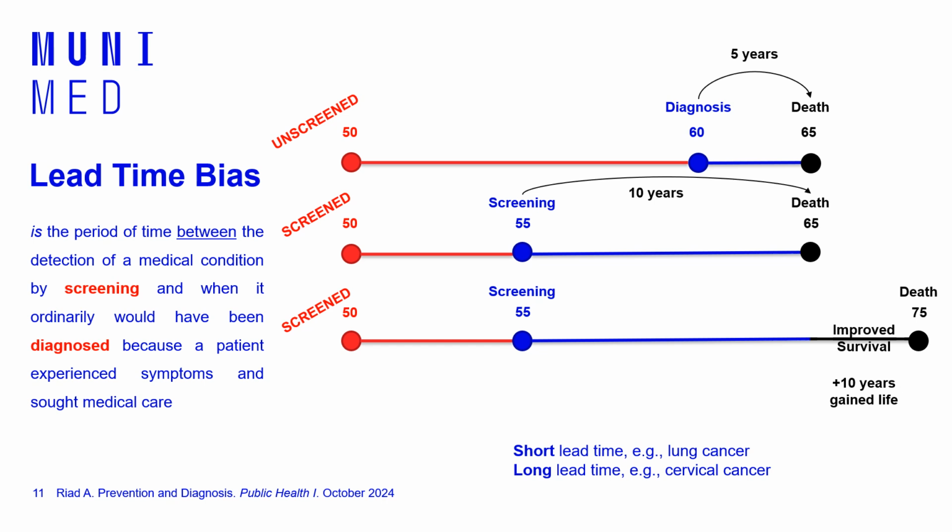And in real life, it's very hard to differentiate between these two screened individuals, the second and the third one, whether the treatment was effective or not, because we cannot see these graphs in real life or in real data. Okay, that's why lead time bias is always there. It artificially increases the time when the humans are aware about their illness, and so it can make us overestimate the effectiveness of screening programs. Okay, some diseases have short lead time and some other diseases have long lead time. For example, lung cancer has a very short lead time.